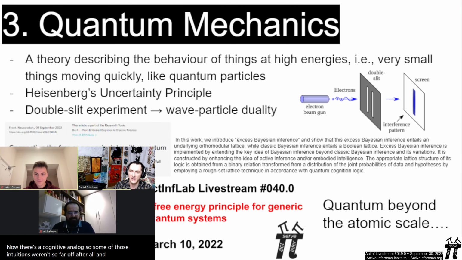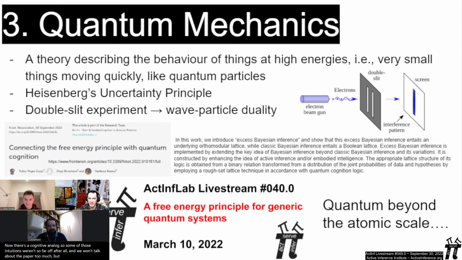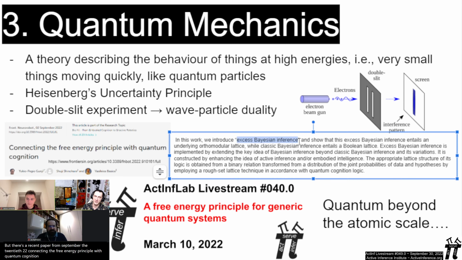And we won't talk about the paper too much, but there's a recent paper from September 2022 connecting the free energy principle with quantum cognition, where they introduce this concept of excess Bayesian inference, which is kind of like Bayesian inference in a quantum lattice. It's quite an interesting idea, and it speaks to this intersection of quantum cognitive theories, not in the sense per